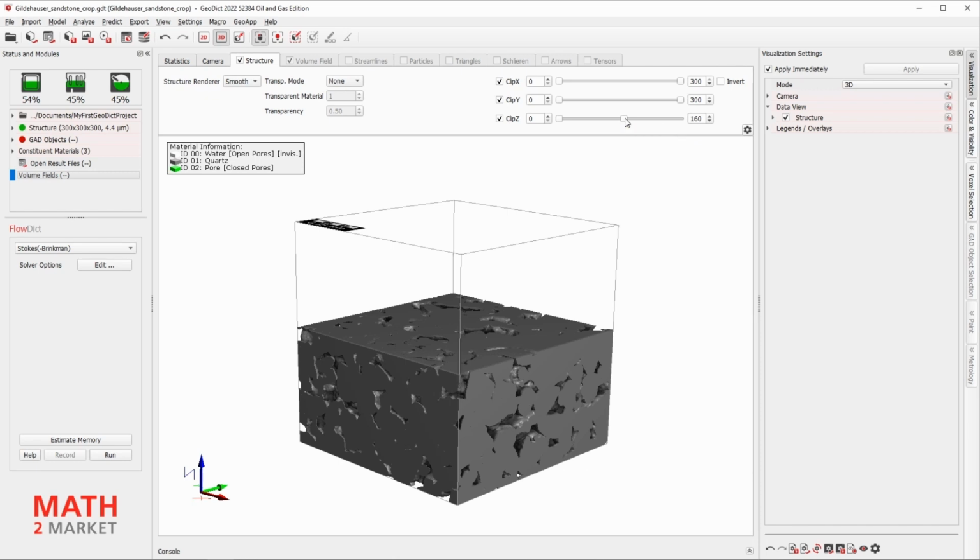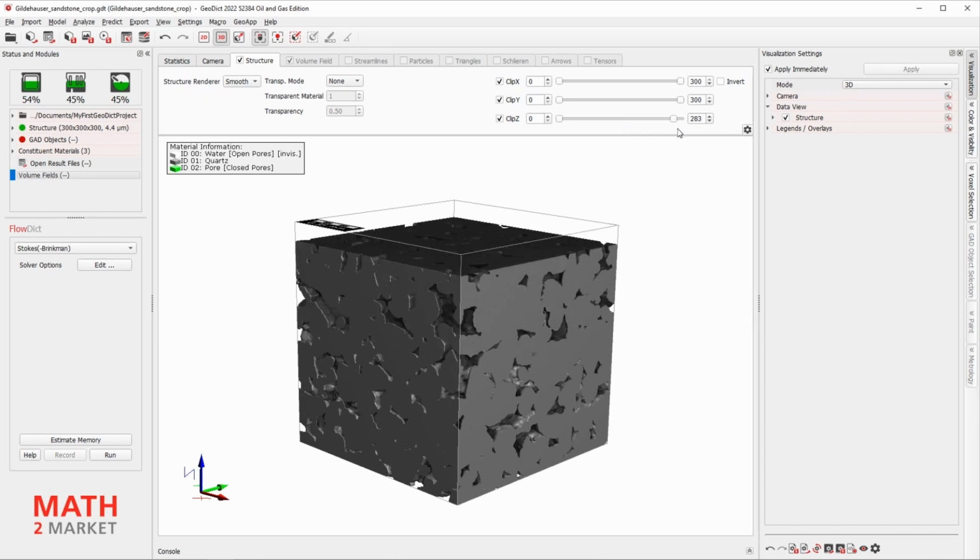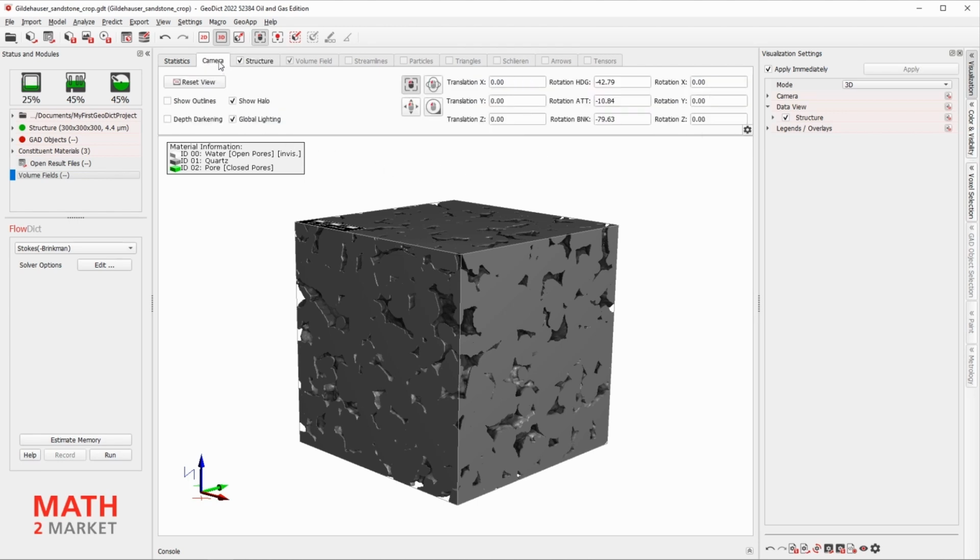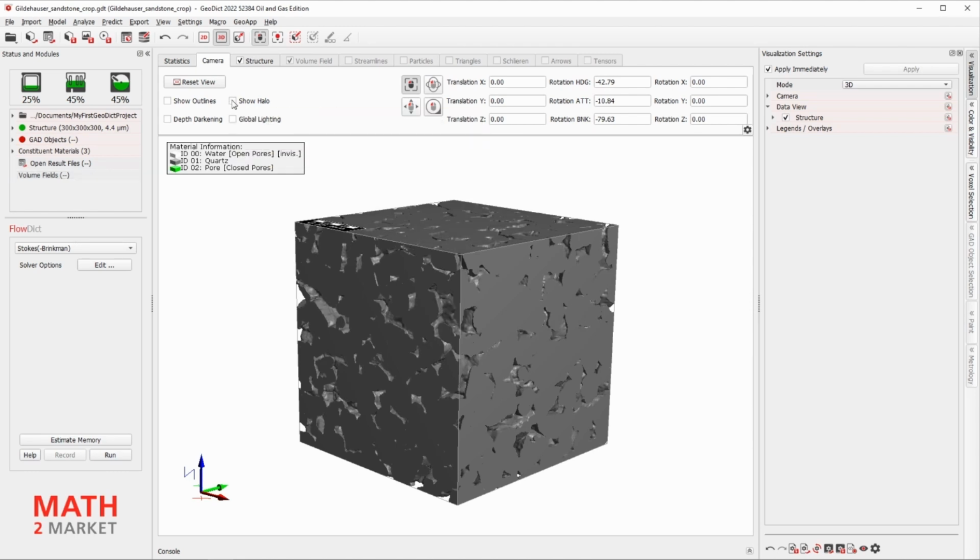And set the clipping of the structure to default again. You may also disable the global lighting and showing the halos.